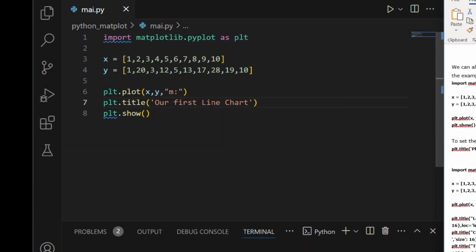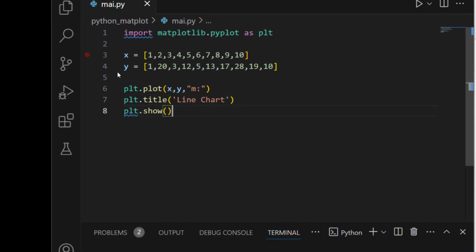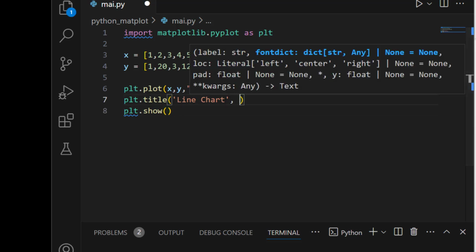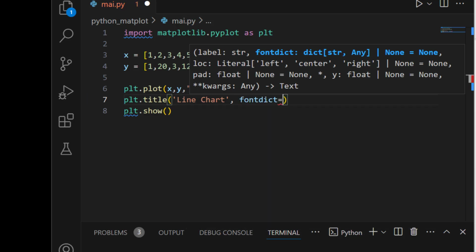Apart from giving a title, we can also give some style to this same title. For example, let's say this is the title, a line chart. After that, if I give a comma here, I can also give a font for my title. Let's say fontdict, a dictionary, so we need to open and close curly braces.